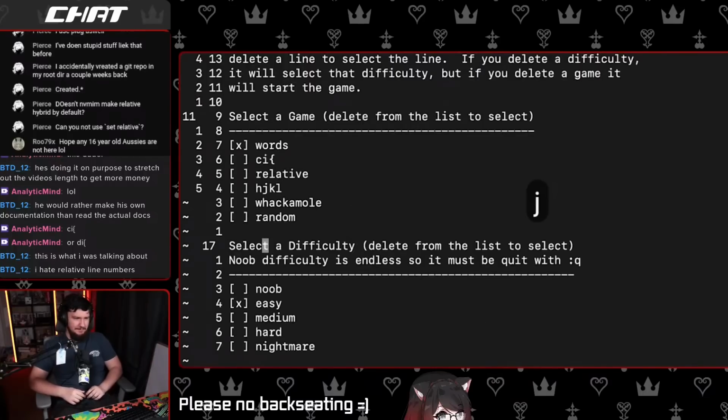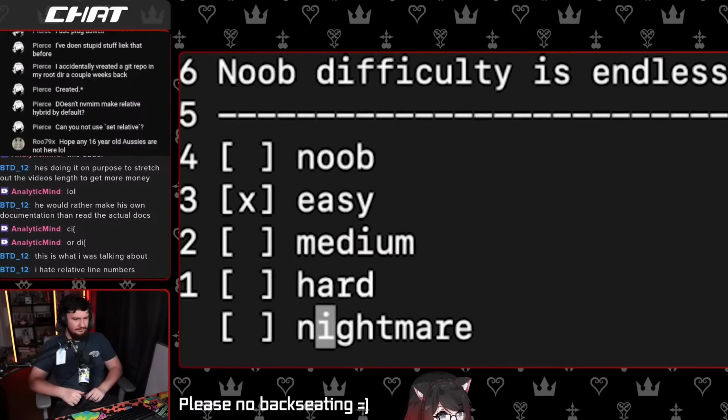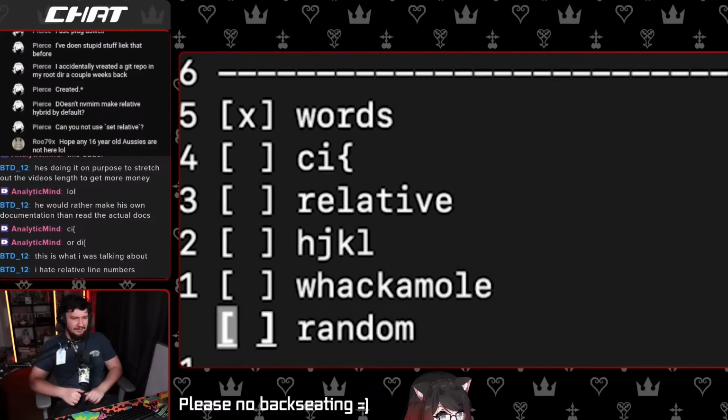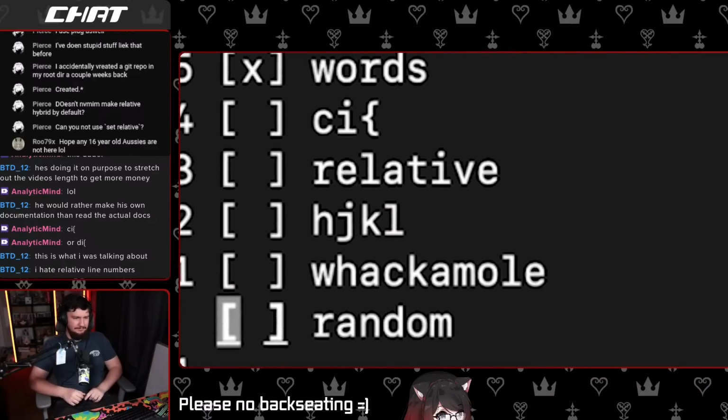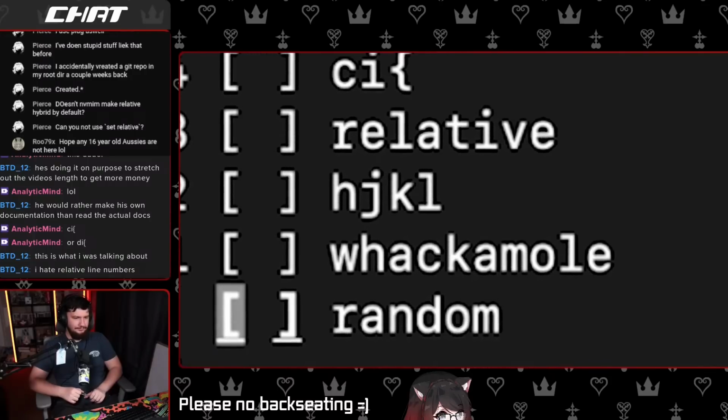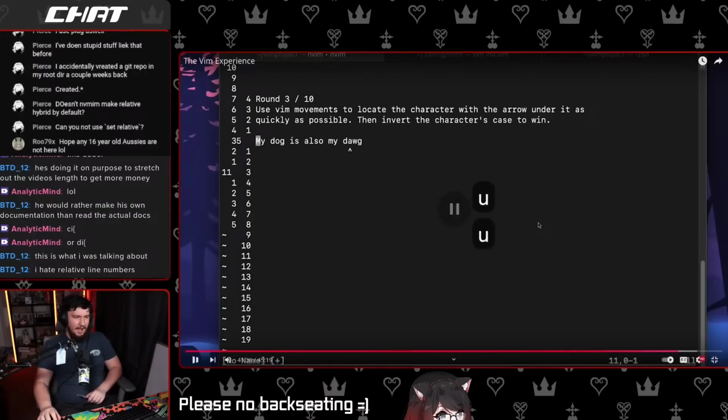Let's go back to the menu. And let's make this a little more interesting. Oh, wait, let's do random nightmare mode. There's absolutely no chance that I will get at least one. So let's aim for 1 out of 10 score. Boom. I just deleted it. I thought he was on Nightmare already. Oh, this is just really difficult.